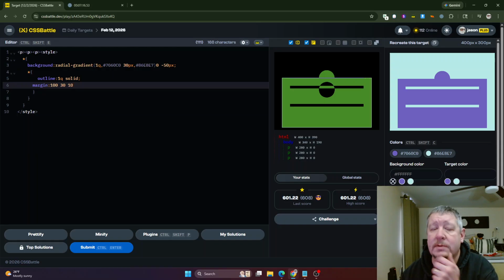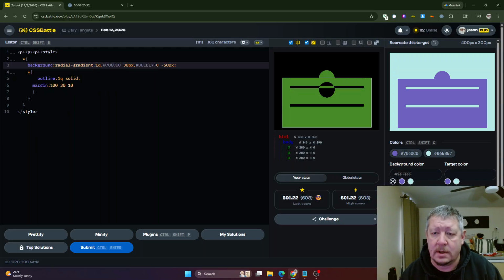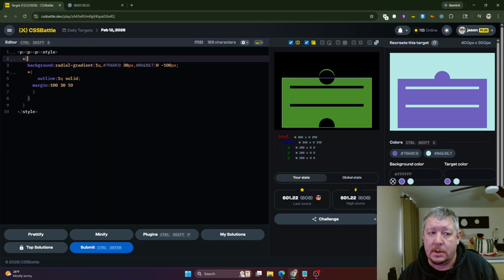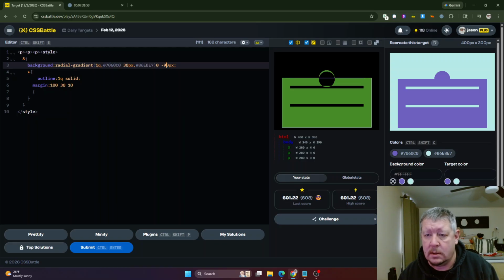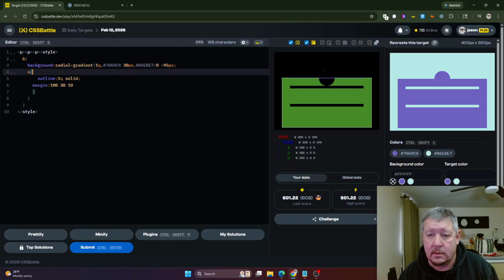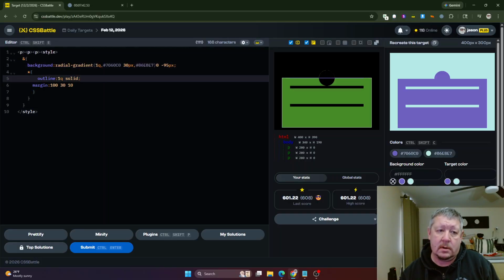There's that thing. It moves the gradient, though. Can we move the gradient outside of where we want it? Let's say 100. Yeah, we can, but we're going to get a repeat. Oh, that's because the background is applying to the body. So let's make that one 10. Nope, 95. Okay, and now